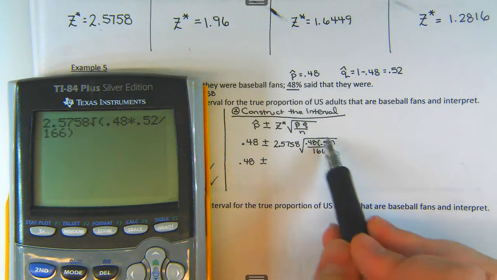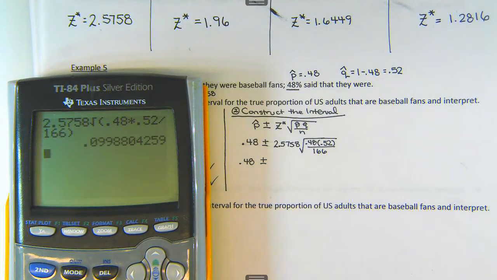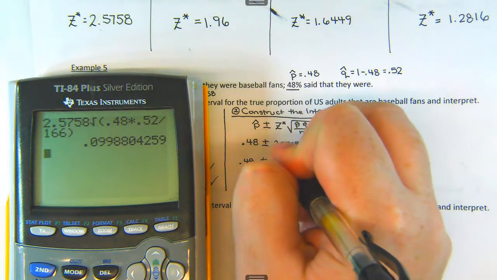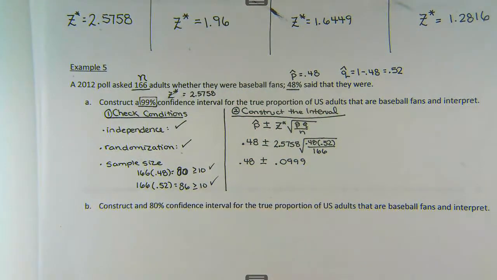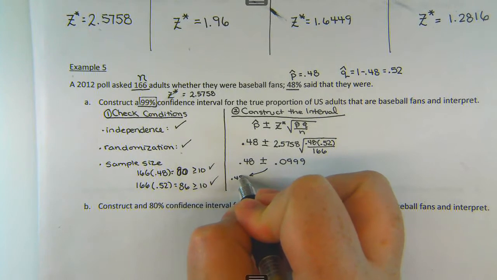So the only thing that should be outside of the square root is that 2.5758. And with this, we can round to 4 decimal places, and that'll tell us what we're going to be adding and subtracting by. So now we can split into the two scenarios,